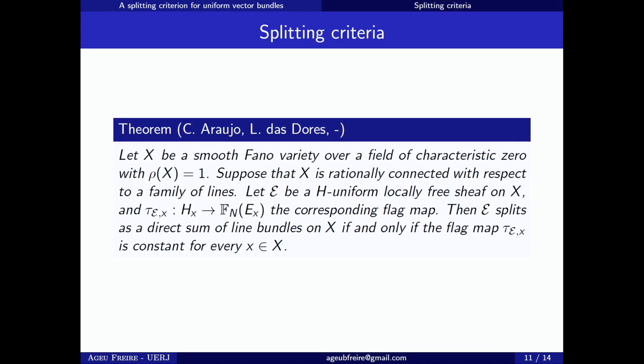It is stated in this theorem: together with Carolina Araujo and Lucas das Dores, we imposed some conditions on the variety, and we proved that E splits as a direct sum of line bundles if and only if the flag map we defined before is constant for every x in X. If we impose the condition that the dimension of H_x does not depend on the x, small x in X, we can state using the rigidity lemma that actually E splits if and only if the flag map is constant for one point in big X. And we use it to apply in two cases.